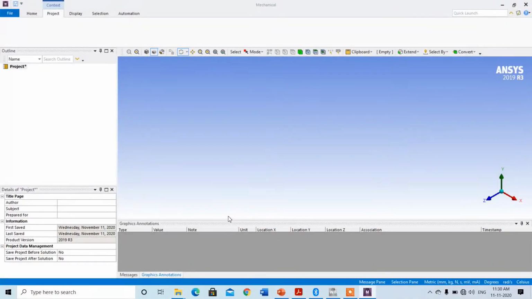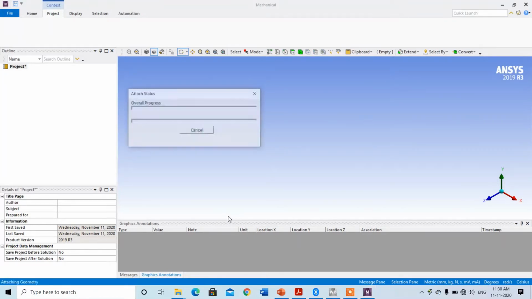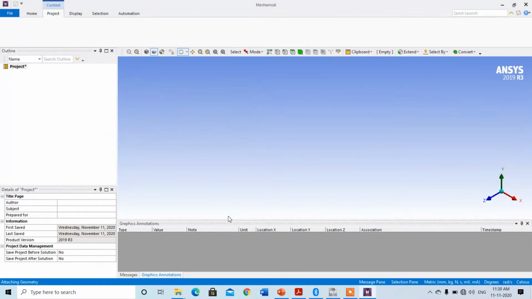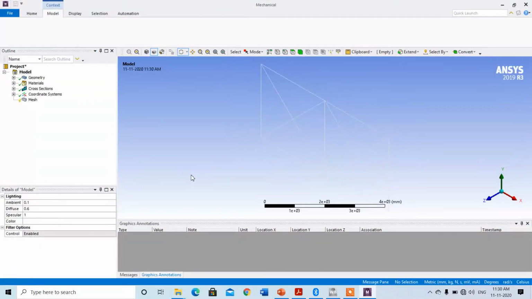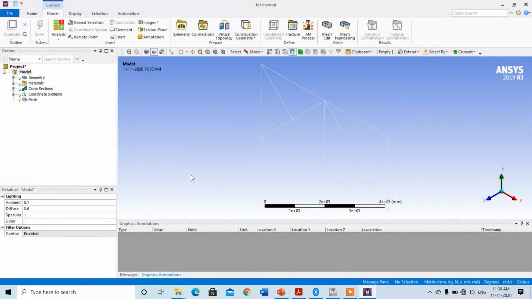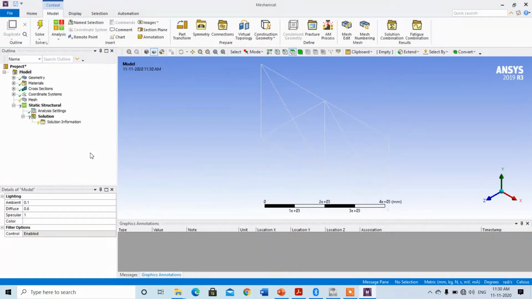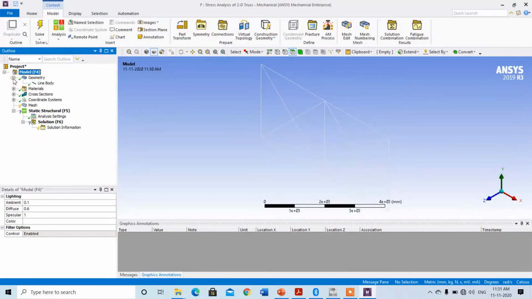It has been opened now. Okay, so you can check all the parameters.